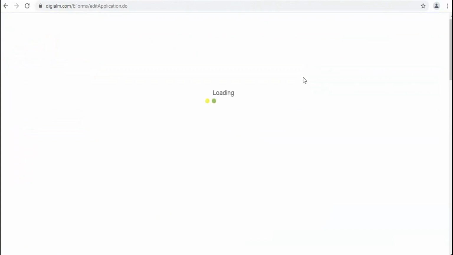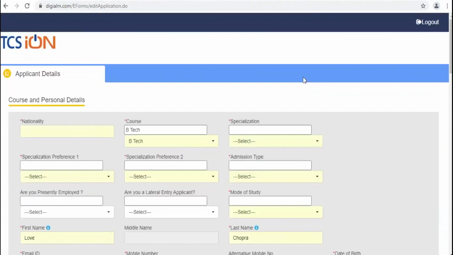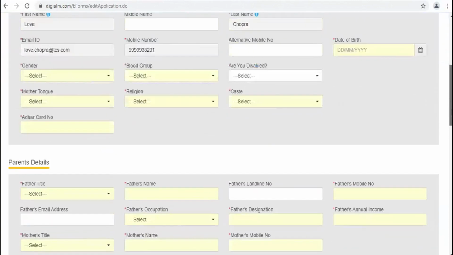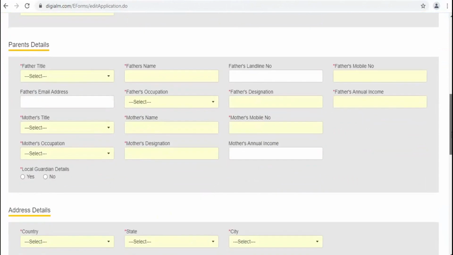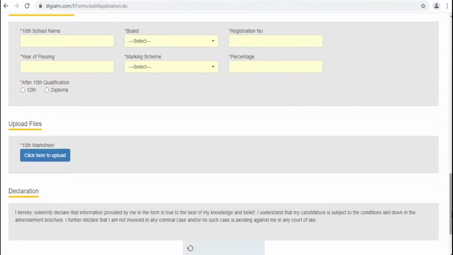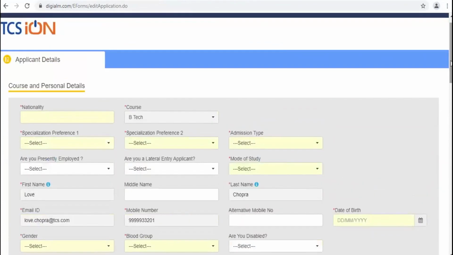The number of fields, the number of sections to be added in the application form, the details to be captured by the student, all these can be done as per your requirement, whether it is the personal details, parent details, address details, some qualification details, or if you want an applicant to upload some documents, whether it is their 10th certificates, 12th certificates, bona fide letters, all this can be uploaded by the applicant while filling up an application form.